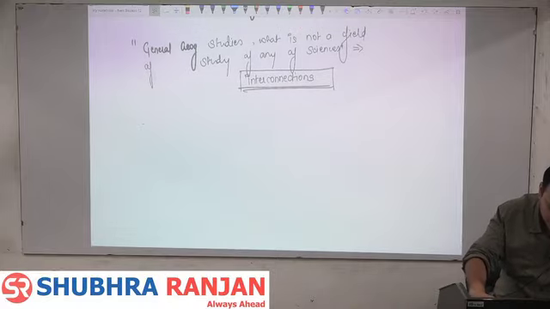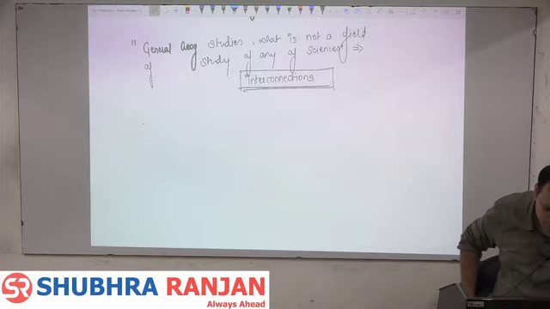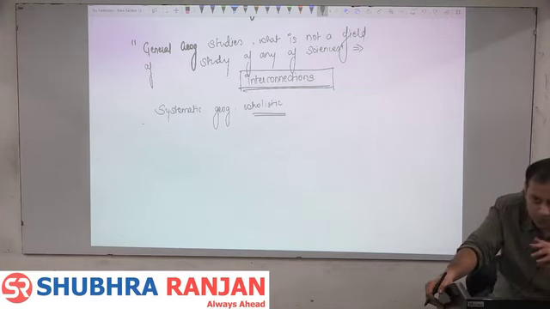Next, this interconnections makes systematic geography holistic. Systematic geography means world geography or regional geography? World geography. Systematic geography, holistic. Holistic because